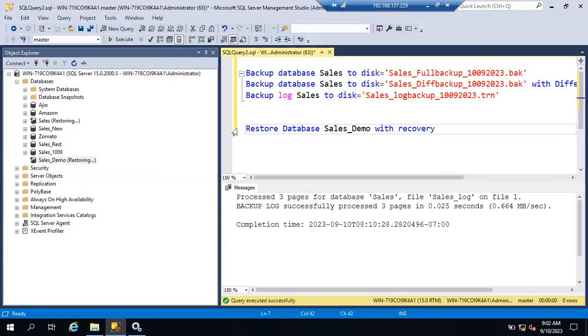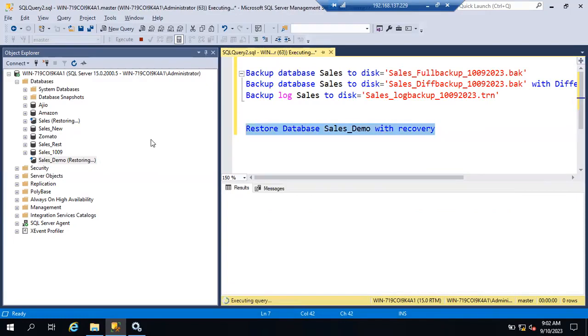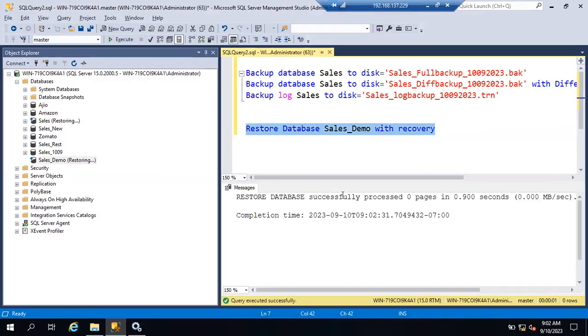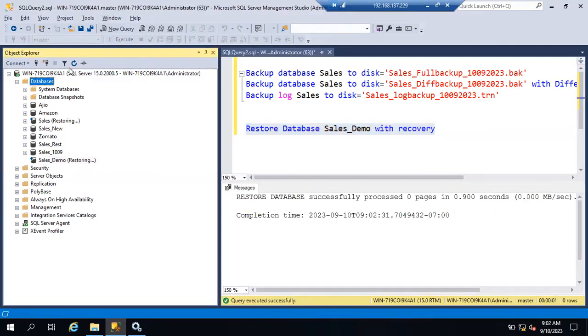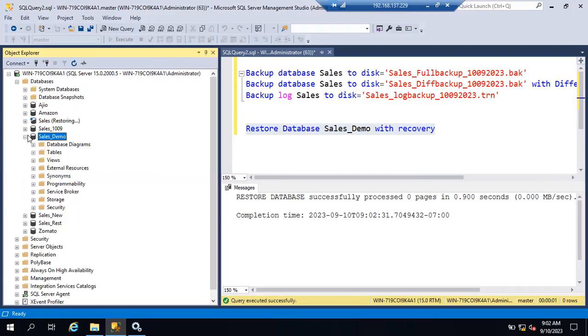Okay, done. Run this query. Alt X. Done. Restored successfully. Now just refresh this. Right? Now where is that? Yes, sales_demo is online. Now you're able to expand it. So in this way, if you run restore with no recovery, you can fix it by running this